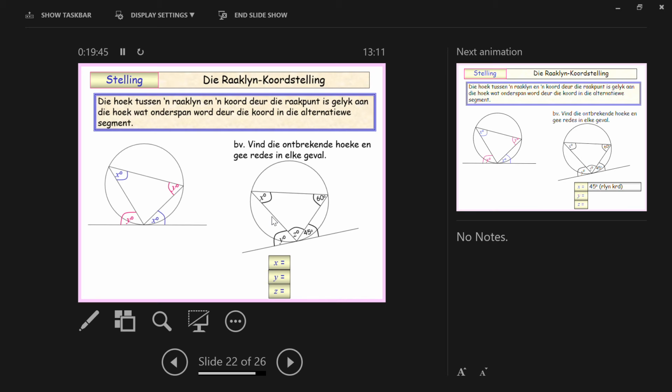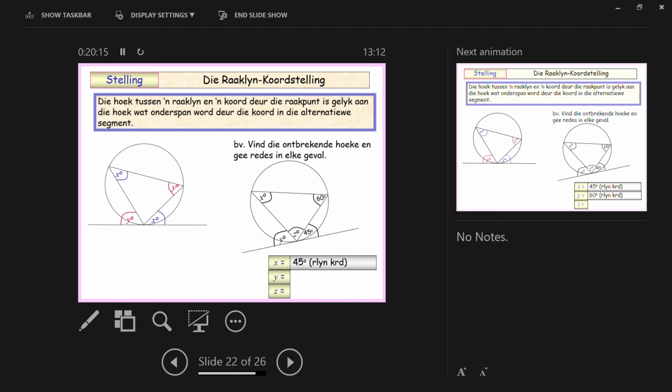Okay, nou kom ons kyk gou-gou. Without looking at your page, sonder om te gaan kyk. Wie wil vir my sê wat x is? Okay, 45, né? En jy sê vir my jou rede is raaklyn koord. Right. Who wants to tell me what y is? 60, né? So in plaas van vir jou die hoekie tussen die koord en die raaklyn gee, I'm giving you